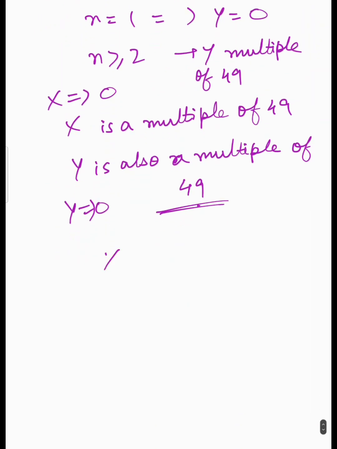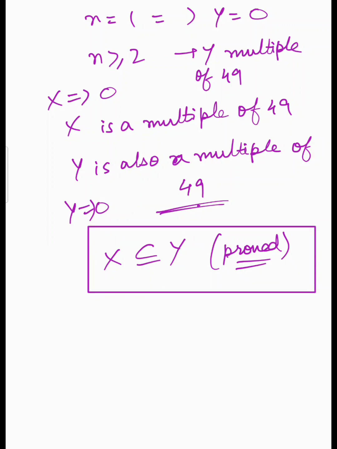सो x क्या लिख सकते हैं फिर हम इससे? ऑब्वियसली x कैन बी अ सबसेट ऑफ y, सो प्रूव्ड x can be a subset of y and it can be an equal subset of y, so therefore it is proved that x is a subset of y. Okay,